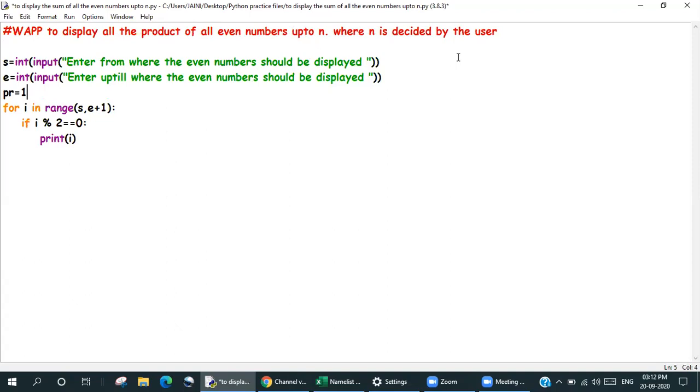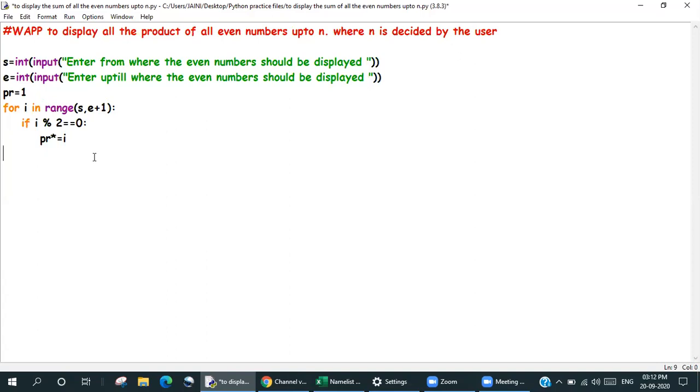So I say product equals to 1, and everything else will remain the same, but over here I'm going to say product multiplication equals to I. Okay, so if that number is even, put the product of it. And if that number is not even, don't put the product of it.